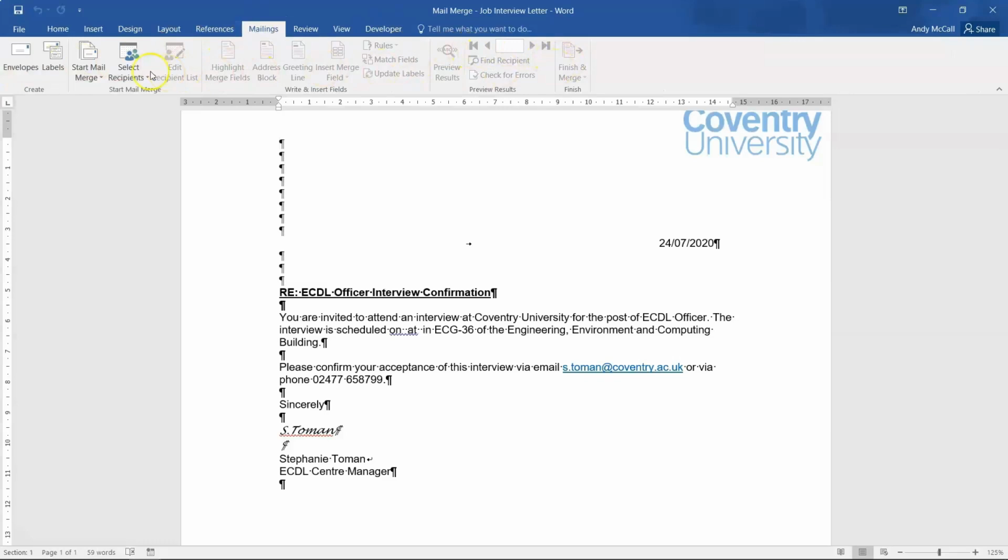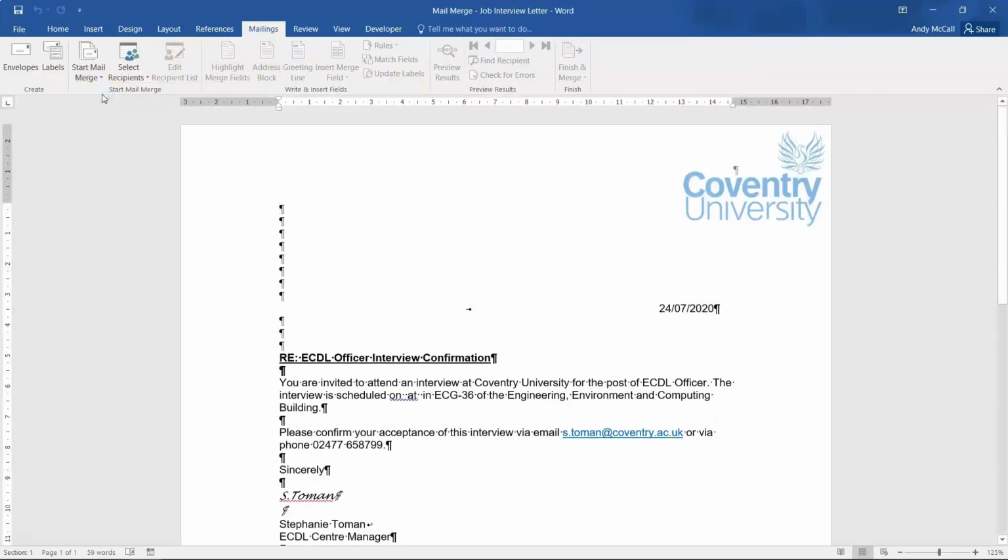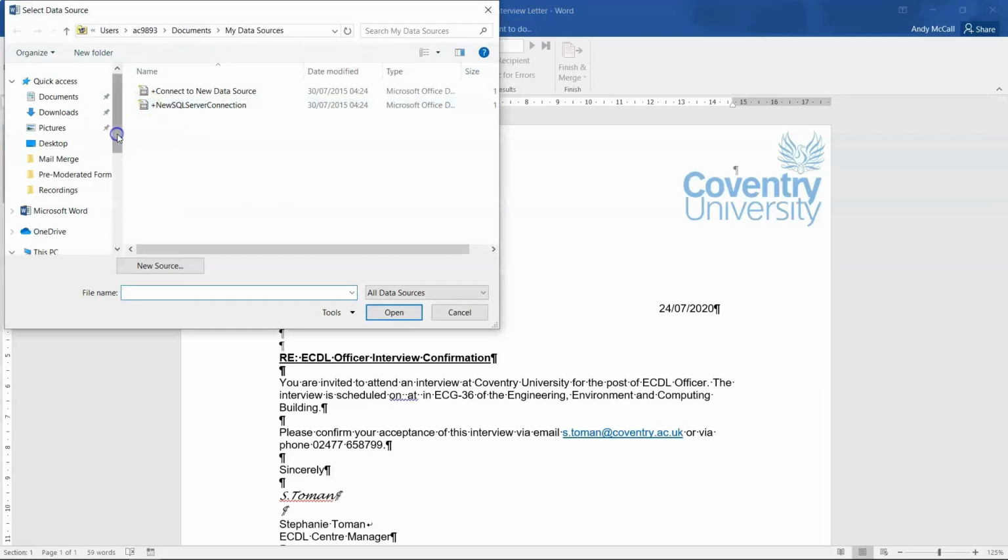You'll see everything excluding these areas here are all grayed out. So first of all, we want to ensure that we're going to start a Mail Merge and we're going to set it as a letter. So you'll see it's now been highlighted, just the icon of letters. And now what we're going to do is select recipients. What select recipients does is add the data source into our Mail Merge. So we're going to click Select Recipients. We're going to use an existing list. And if I go to the Mail Merge folder, you'll see we've got interviews just there. If I click open,